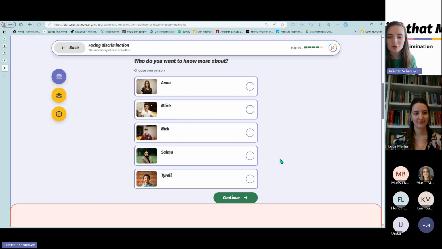It's also nice to see we already have almost every name mentioned. Yeah. Which is good to see. And it's also part of the reason why we have this option, so that students really can choose themselves. And it's something they are interested in, that they want to know and learn more about. And it's not just us as teachers telling them. So choosing options comes back a lot in all the stories that move exercises.